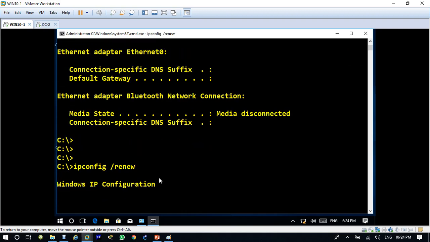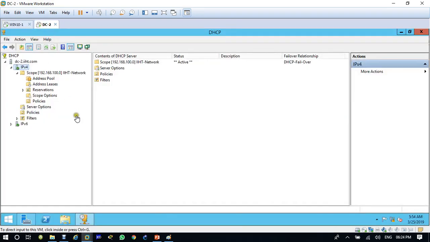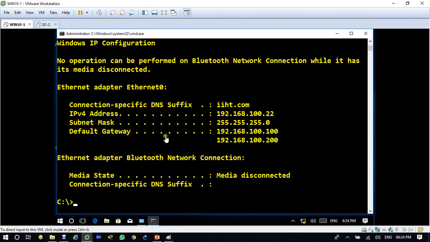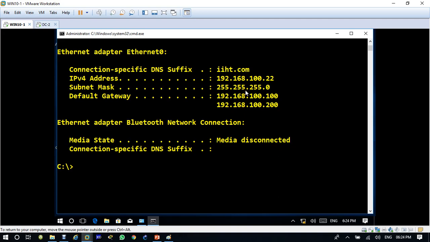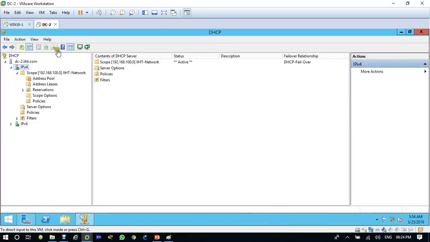When you type renew, you will receive an IP address, and you are receiving the IP address from DC2 because DC2 is acting as the failover server. See, after this command, after renew, I got the IP address and all the information, right? 192.168.100.x, everything you are getting. So now DC2 is acting as the DHCP failover.